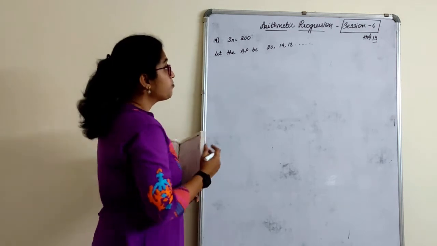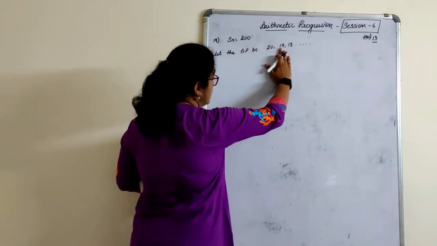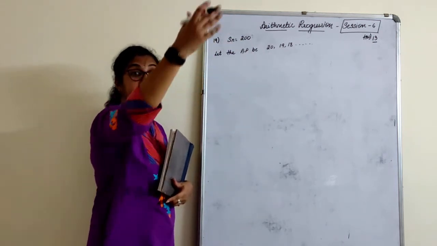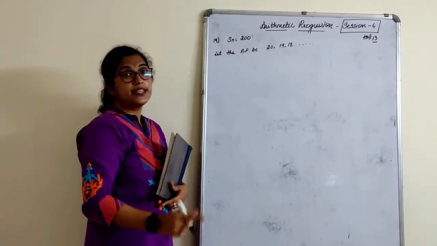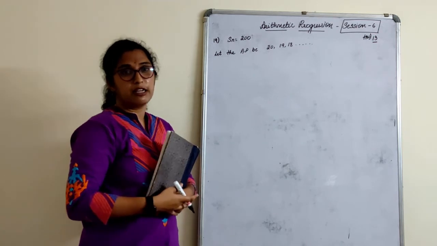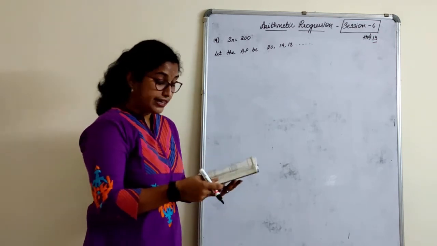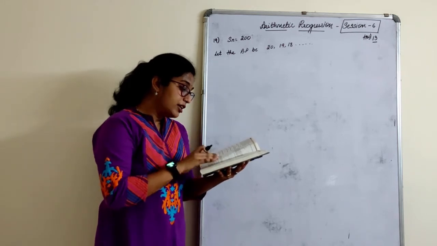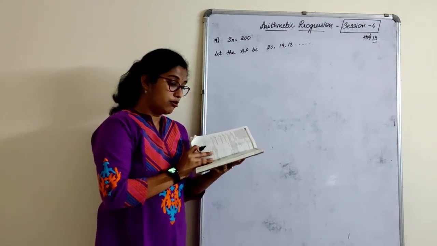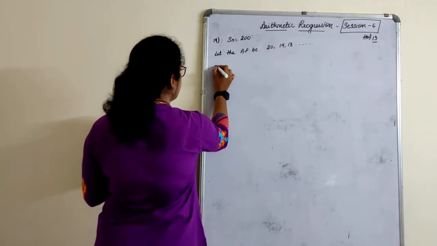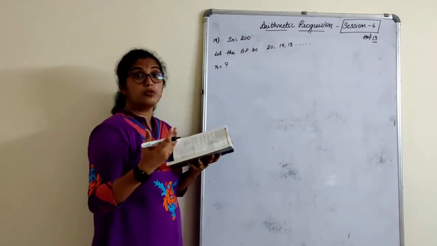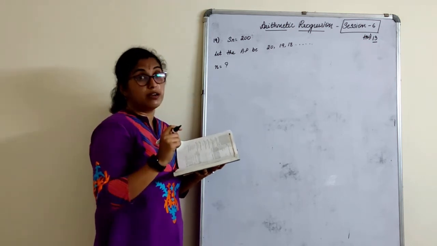That means, children, if I add 20 plus 19 plus 18 plus 17 plus 16, till where I have to add? I have to get 200. I can sit and do this manually, but you will not get marks for that, right? This is the question they have asked now. In how many rows are the 200 logs placed? They have asked in how many rows, and I need to know how many such rows I want so that I can place these 200 logs.